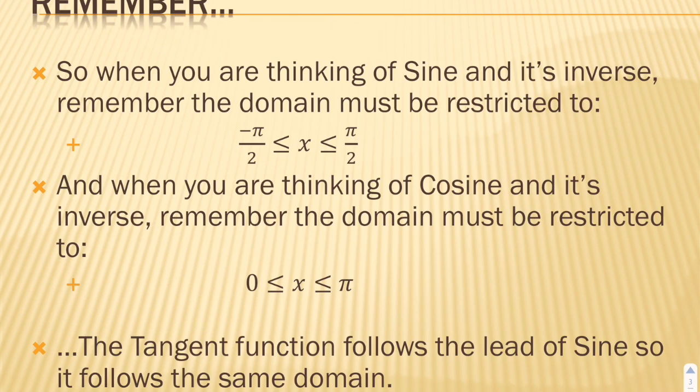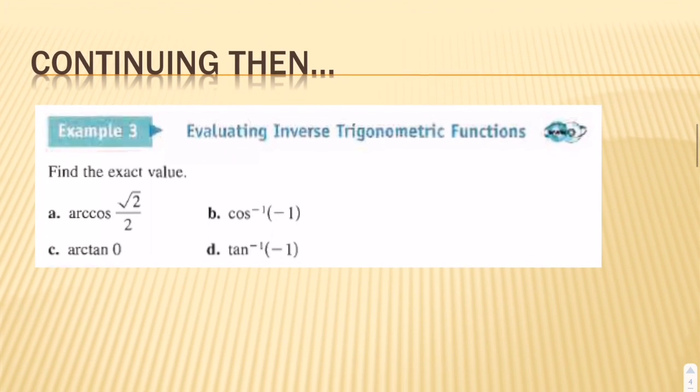You remember the last time that we met, I finished off with saying when you're thinking of the sine and its inverse, you need to be thinking about a domain for that sine of negative pi halves to pi halves. And when you are thinking of a cosine and its inverse, remember the domain must be restricted to 0 to pi. And the tangent also follows the lead of the sine, so that it has the same domain of negative pi halves to pi halves. So continuing,